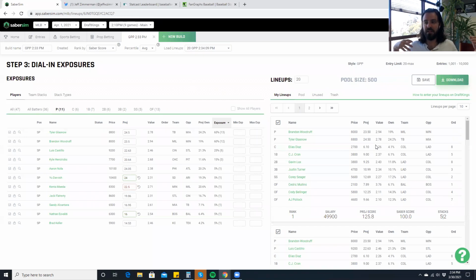So one of the first secrets we talk about in this video is starting with stacks, right? Stacking is the cornerstone of building any baseball lineup because players in baseball are correlated, pretty correlated in fact. What is really important is that player correlations stack on top of each other in baseball. If player A is correlated with player B, and players A and B are correlated with player C, then those correlations build upon each other,